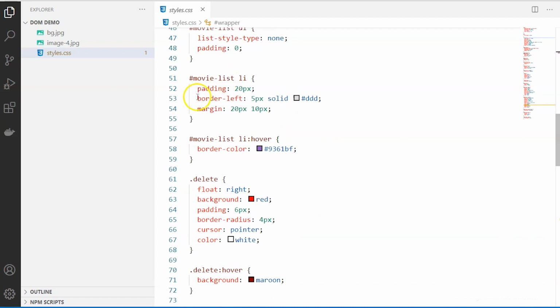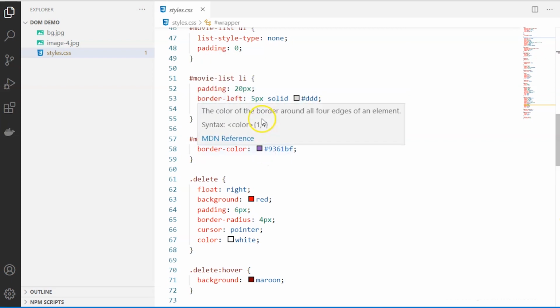This is the one I have used for the list items that you can see. By default, if I don't move the cursor, the left border, if you can recollect, I had one purple color one which got highlighted only on the left border. By default, I have made it gray.